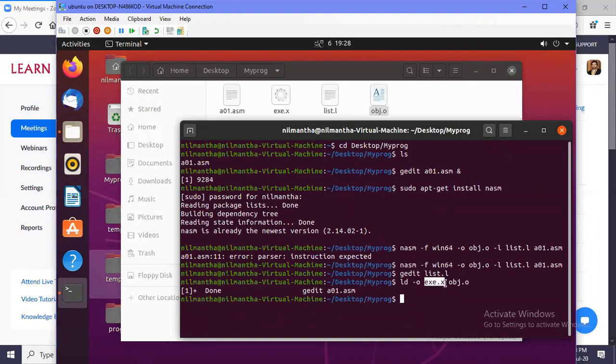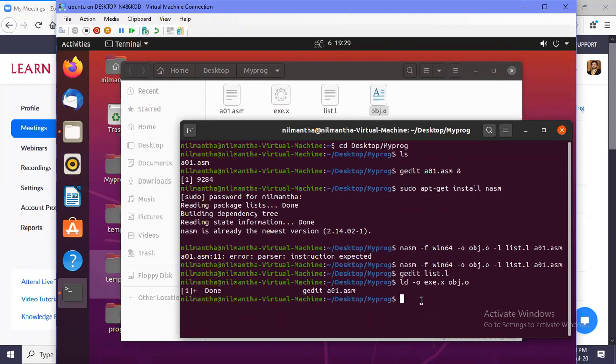So it is a directly executable file. An executable file can be run by the Linux terminal directly. Before running any executable file, you just have to give the directory of that executable file, then it will run.